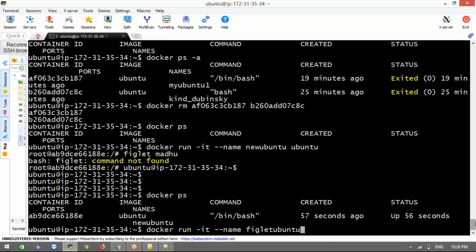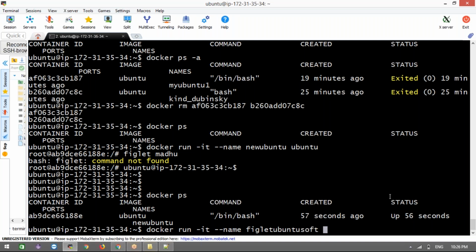Again, you guys will get confused. You can give the image name and container name both the same, but it's not recommended. So I'm going to give this one name, Piglet Ubuntu soft.